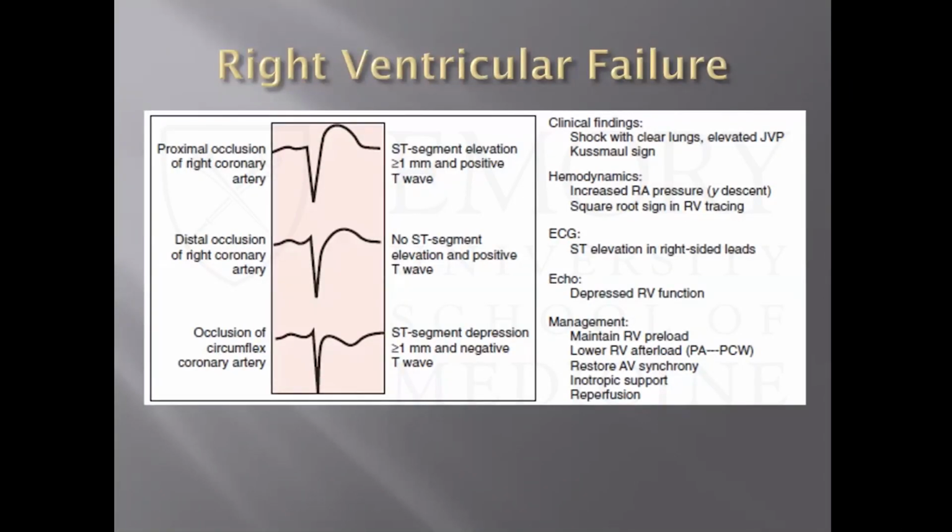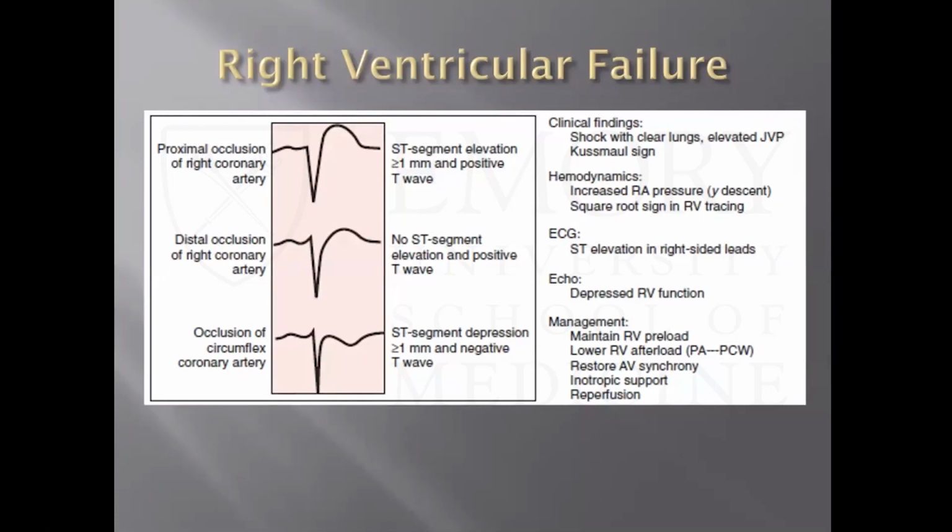So moving from what we think of as cardiogenic shock from the left ventricle to the right ventricle, RV failure can give you very refractory shock, and if it's not recognized, can get you in a lot of hot water because these patients can go down very quickly if you don't do the right things. And even if you do the right things, it can be very hard to treat these patients.